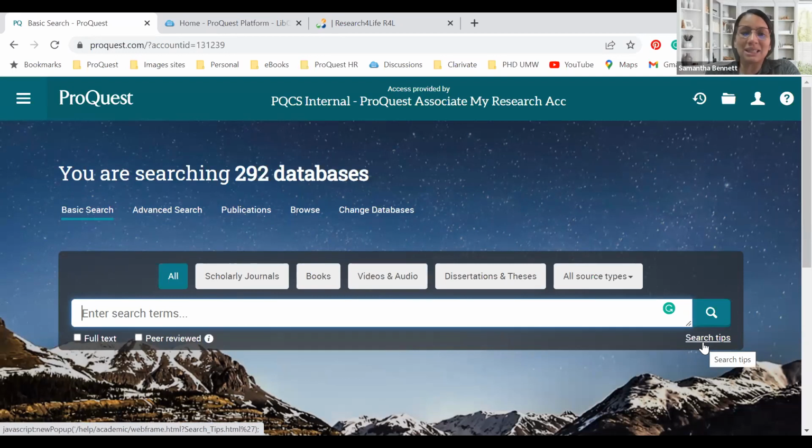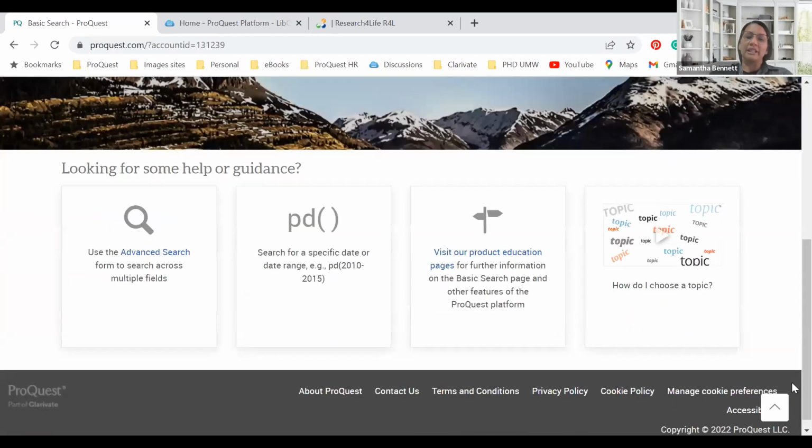If you want to know more about searching the platform, how you can search, we offer a course called Fundamentals of Advanced Searching. So you can attend any of those training sessions in the new year with us. They are freely available. Then you would learn how to use the platform for searching and finding. If you scroll a little bit down to the bottom half of the screen, you would be able to see more about our advanced search features. You can also do specific search ranges utilizing some of the abbreviations which we have. And then if you would like to visit our product education pages, you can do that from here.